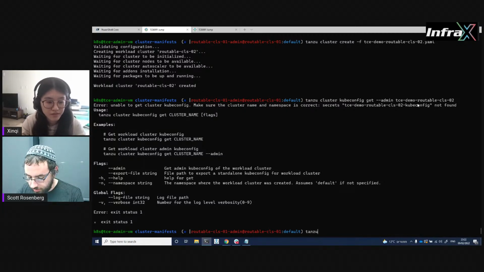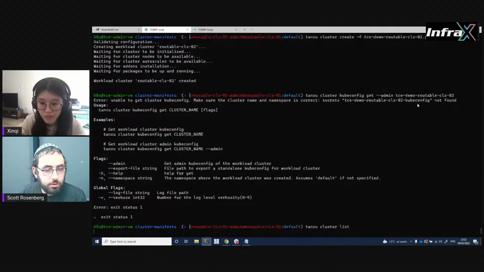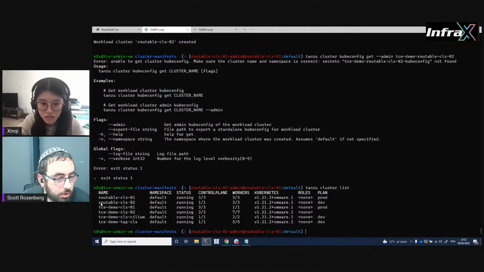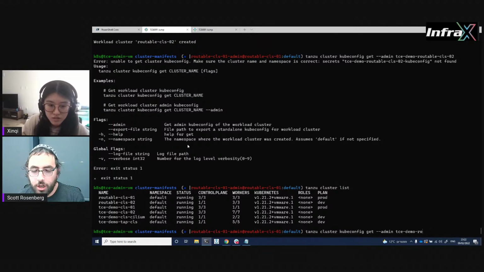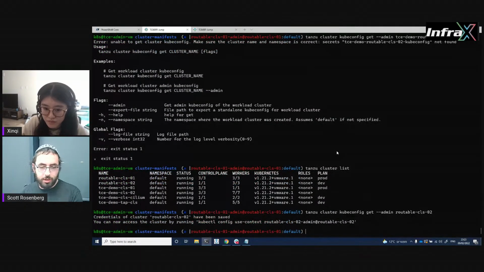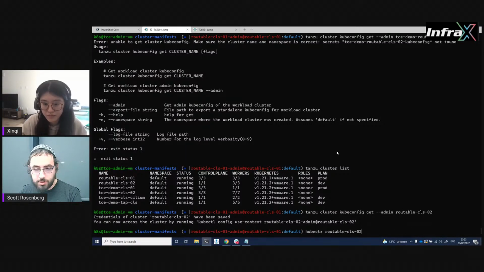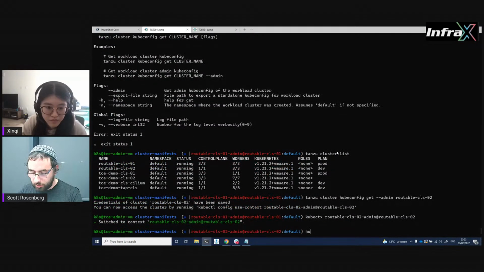One second, Tanzu cluster list. What's the actual name here? Yeah, the name was different than the file, that's why that didn't work. Let's actually give it the cluster's name when I try to get its kubeconfig. Great, I have it. And now I could do a kubectx to routable CLS02, and I can do a kubectl get pod